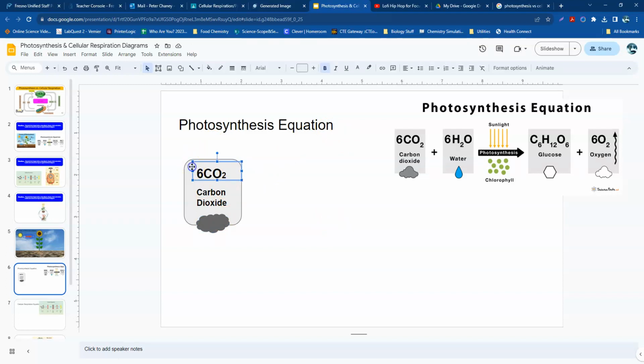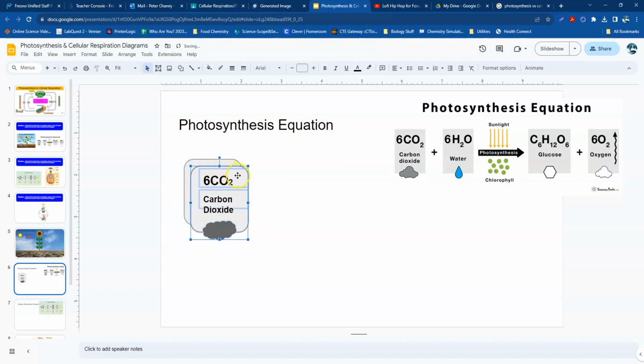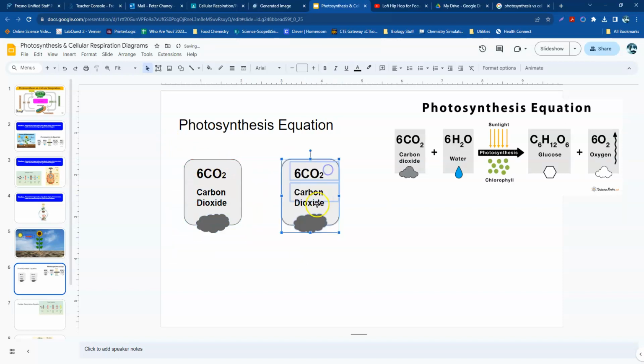So what I can do now is highlight everything like this, Control C, Control V, drag this over, line it up, and now I can just change things. So this right here, 6 stays the same, this is going to be H, and then I need this 2 to come over, so I can do a Control X to cut, Control V to paste H2O, so we're good to go there. This is called water,